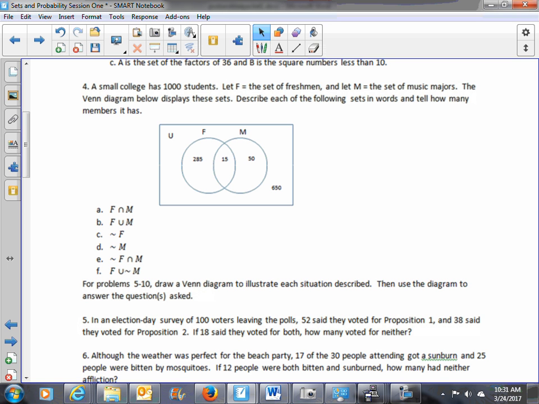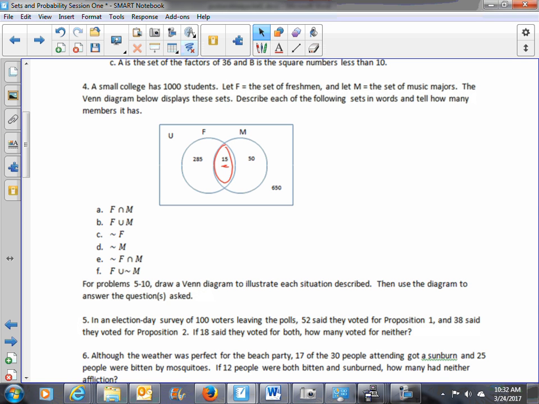F intersect M. First of all, F intersect M would be this region right here, and there's 15 members in that set, and that would be the freshmen that are music majors. I'm not going to write it, I'm just going to say it to you. It's the freshmen that are music majors, or the students that are both freshmen and music majors. Now, part B,